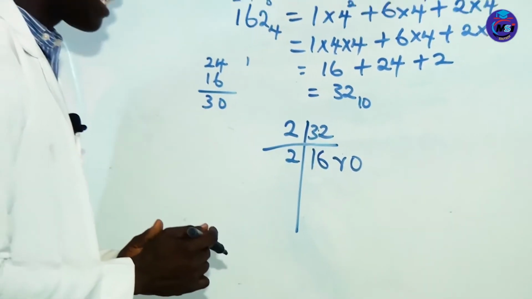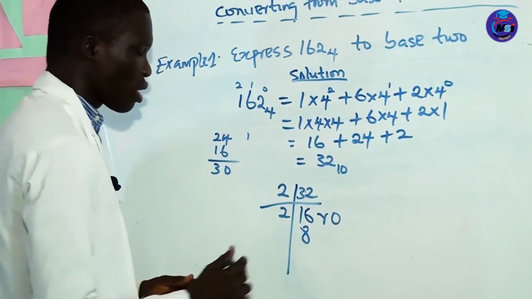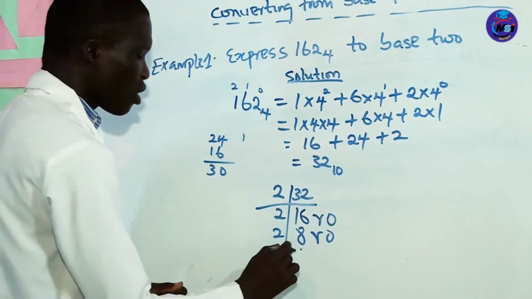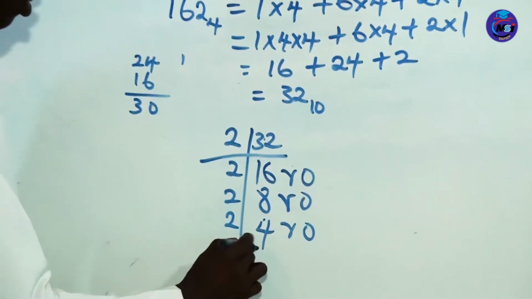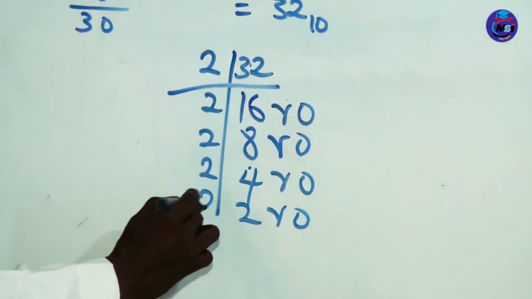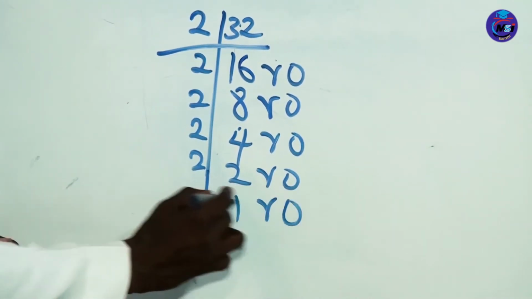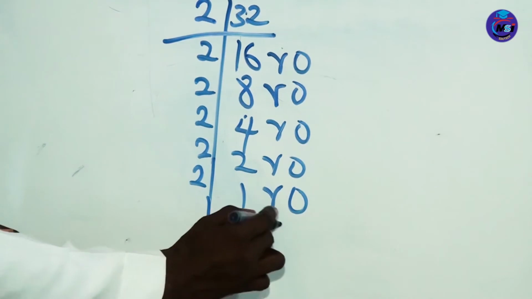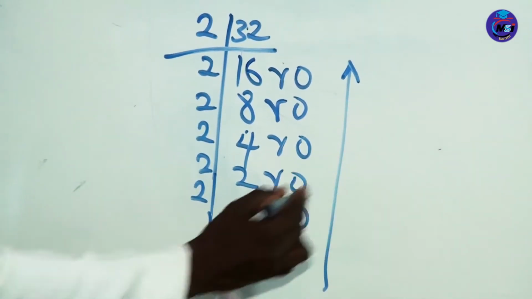Okay. How many 2 can we get in 16? Is 8. Because 2 times 8 will give us 16. Remainder 0. How many 2 can we get in 8? Is 4. Remainder 0. How many 2 can we get in 4? Is 2. Remainder 0. How many 2 can we get in 2? 1. Remainder 0. How many 2 can we get in 1? Is 0. Remainder 1. So you start from the bottom. You are going to have